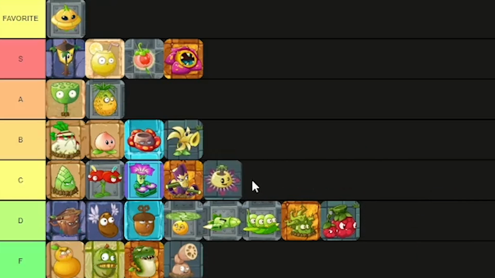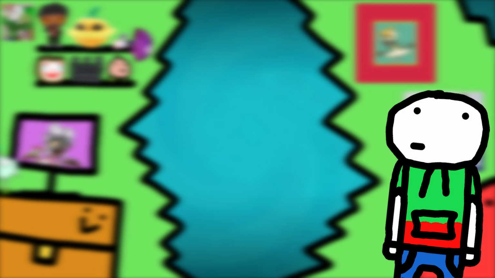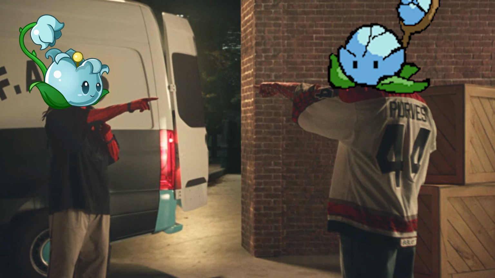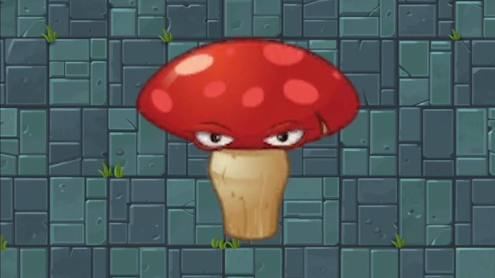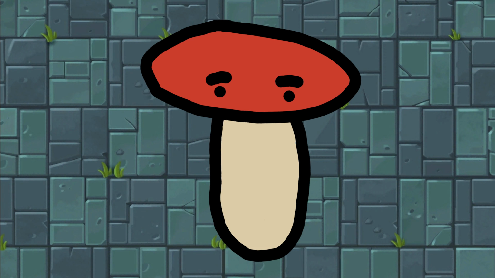I don't know, C tier. You might start to hear "I don't know" a lot. This kind of reminds me of early iceberg lettuce concept art, and it looks pretty cute. A tier. No. I'm not even gonna say what rank this is getting, but...